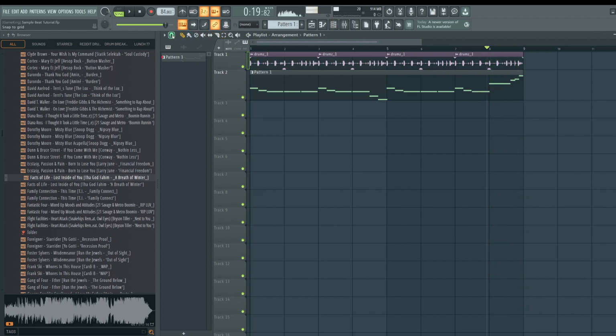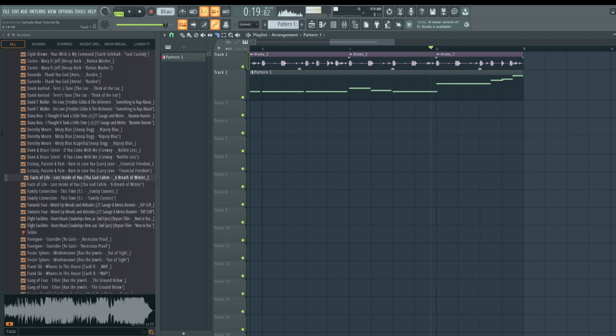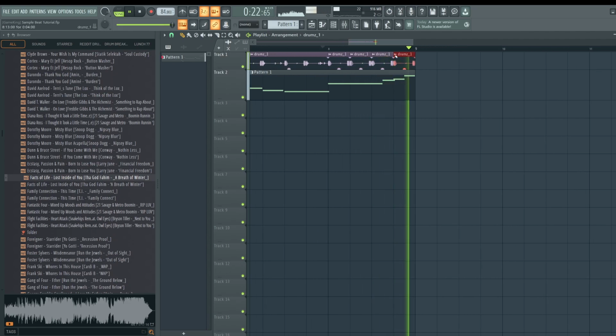So at the end here, we don't want the drums to just repeat. Let's change the snap to grid to like a beat. Let's zoom in. Hit Shift, left click to do a vertical slice. Let's grab the pencil tool, left click the edges here, pull this to here, and then hit Control B so that it just repeats.